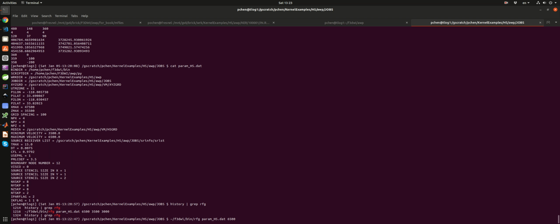That's VP, and then VS 3,500, and then density 3,000. That's going to create a velocity model for a uniform half space with the VP, VS, and density given by these three values. And then the code is going to automatically partition the velocity model for each of the processes,